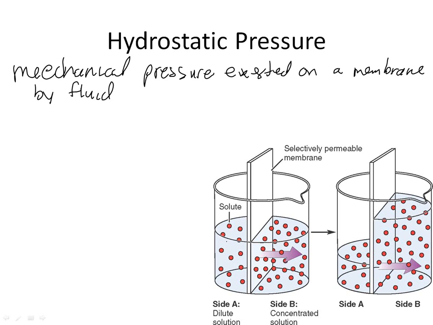If you were to look at the solution on the left side of the beaker compared to the right side of the beaker over here, you will see that clearly the solute concentration on the left side is less than the solute concentration on the right side. Now, because of this situation, there is going to be more hydrostatic pressure on the left side of the beaker than there is on the right side. Now, if you have a higher hydrostatic pressure, you're going to have a higher pushing pressure